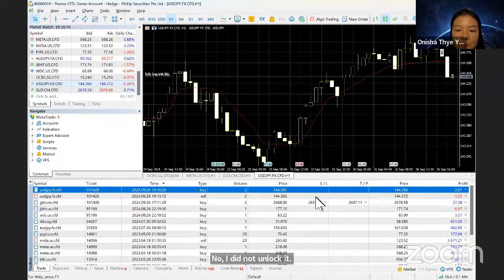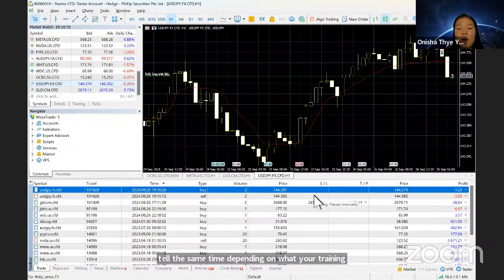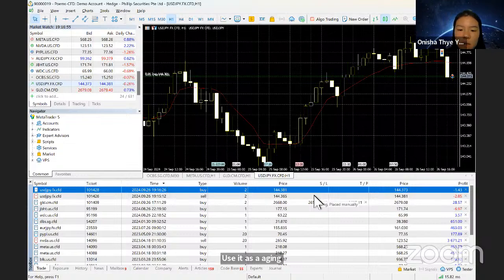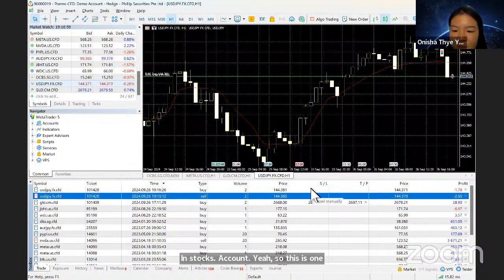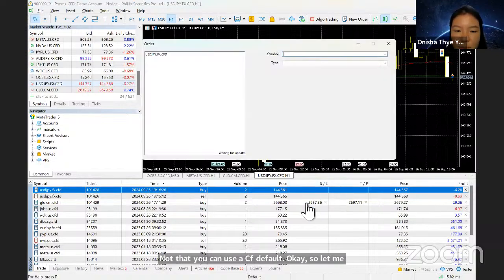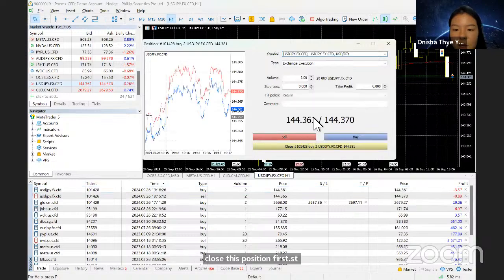This is called hedge mode, buy and sell at the same time, depending on what your trading strategy is. Or you can use this MT5 as a hedging tool for your shares position in your stocks account. So this is one of the options that you can use a CFD for. Let me close this position first.